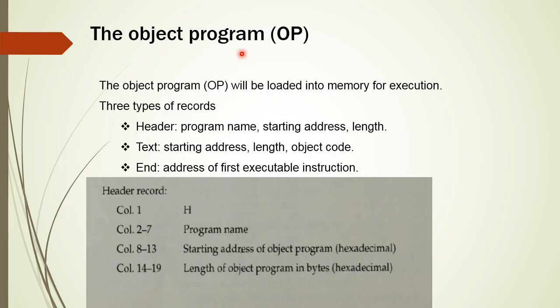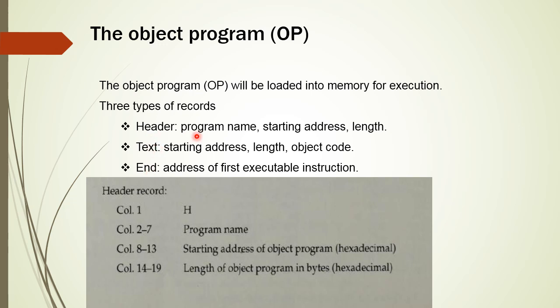Once the object codes are ready, the assembler must write the generated object code onto some output device. This object program will later be loaded into memory for execution. The simple object program format contains three records: header record, text record and end record. Here we are going to study the different fields of the header record, text record and end record.